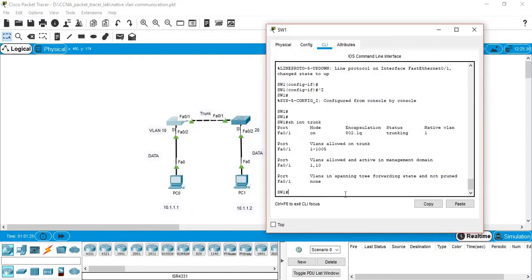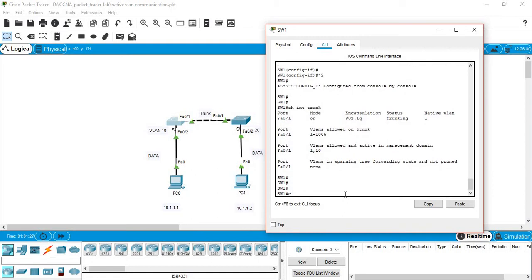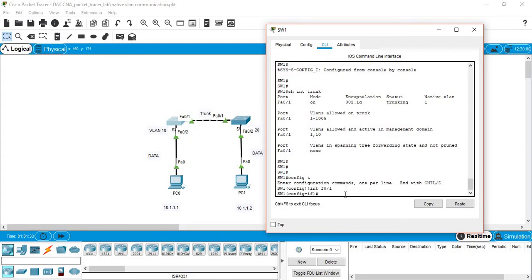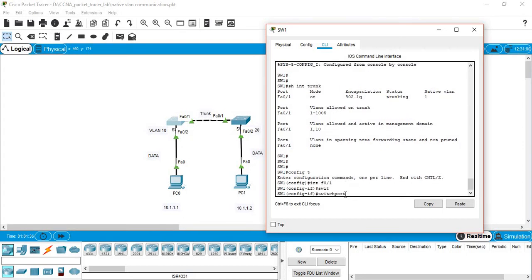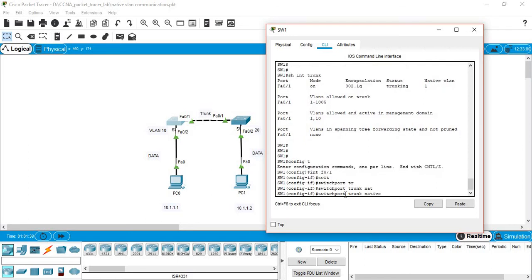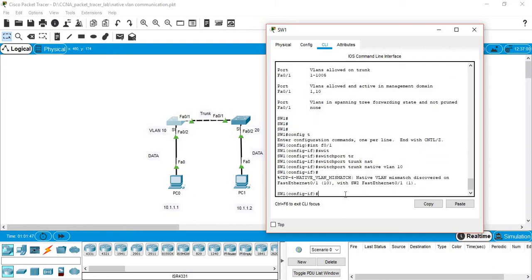On switch 1, we will configure the native VLAN as 10: switchport trunk native vlan 10. We are changing the default native VLAN to VLAN 10, so it can carry the traffic with VLAN 10 and it will be untagged.